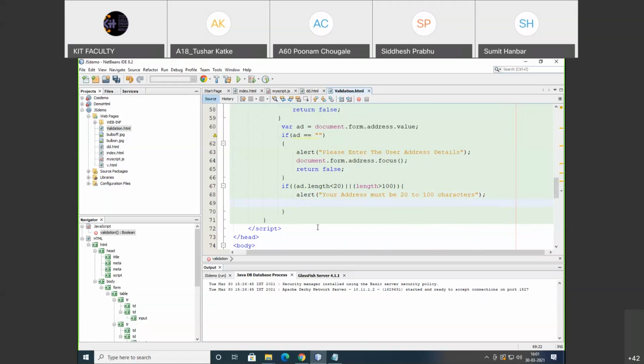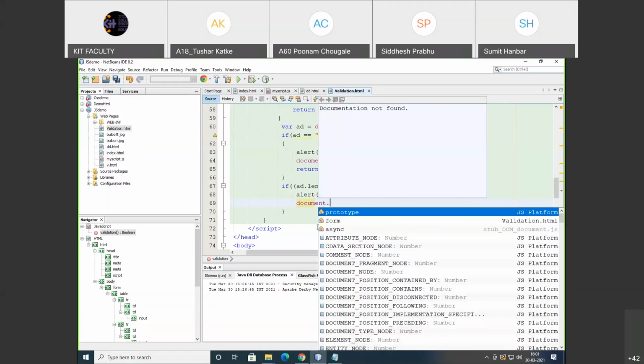So for that purpose I'm going to use the select method to select the value. Document dot form